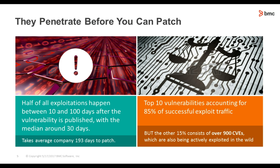So when you look at some of the data and the stats around this, can you patch before hackers can penetrate? Half of all exploitations happen between 10 and 100 days after the vulnerability has been published, with the average around 30. Now, if you follow the WannaCry timeline, there were about 7 days between when that was released on WikiLeaks and when Microsoft came out with a patch, and then about another 59 days until they actually went out with the ransomware. That was actually a little bit slow, honestly, versus this timeline. So you know they were probably touching it. There's probably other folks who might be taking advantage of it. These are things to consider. But a startling difference is that the average company takes 193 days to get a patch out. This is leaving huge areas of risk for most organizations,